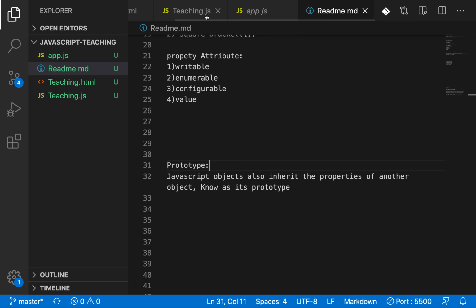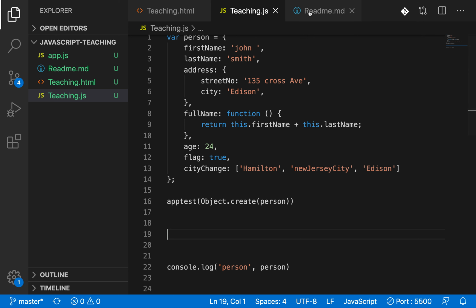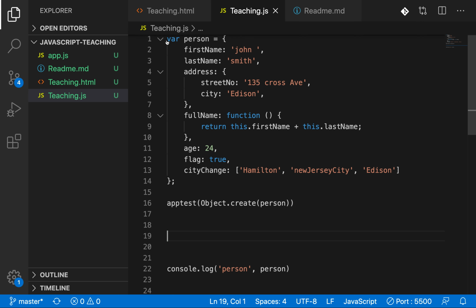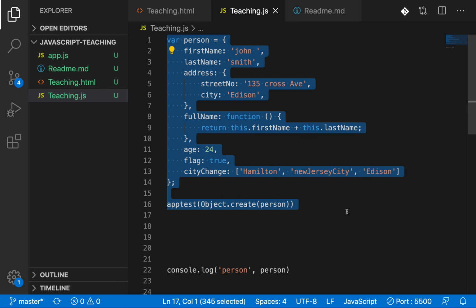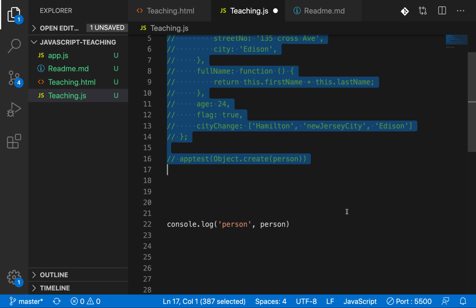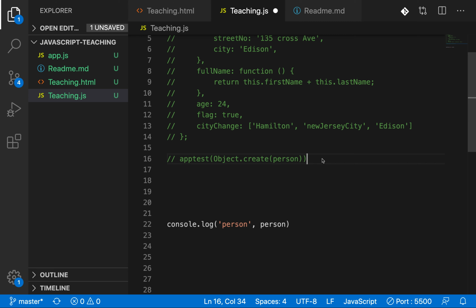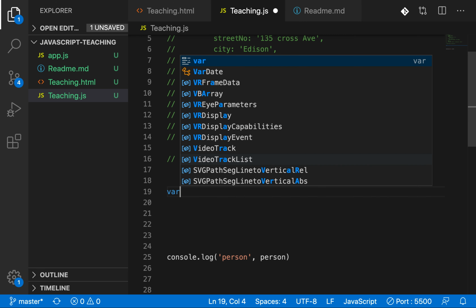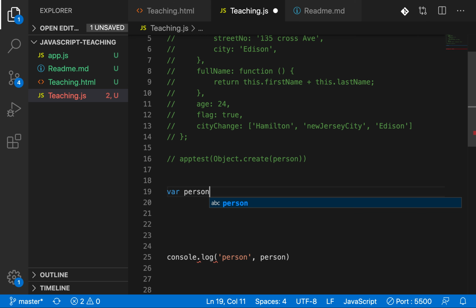Let's go to teaching.js. Let's comment all of this out. Let's explain it where person equals an object. Now I created an empty object, right?